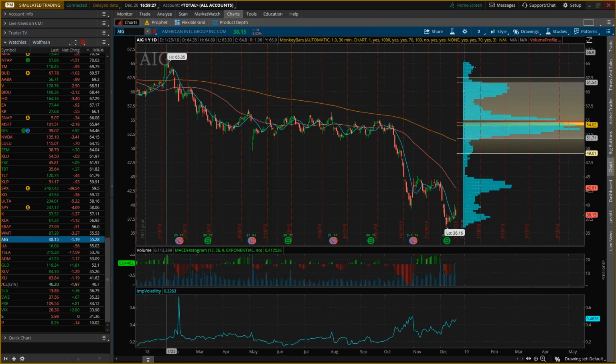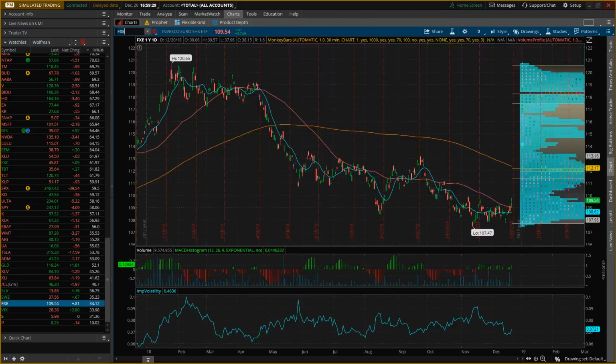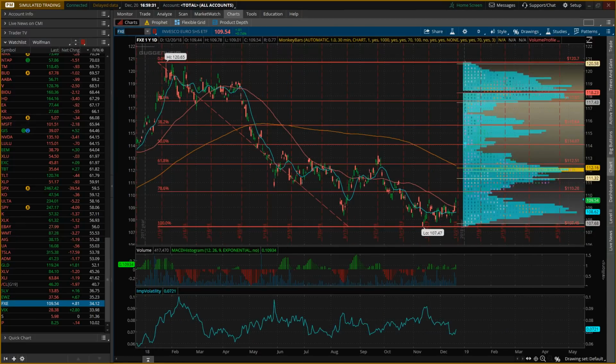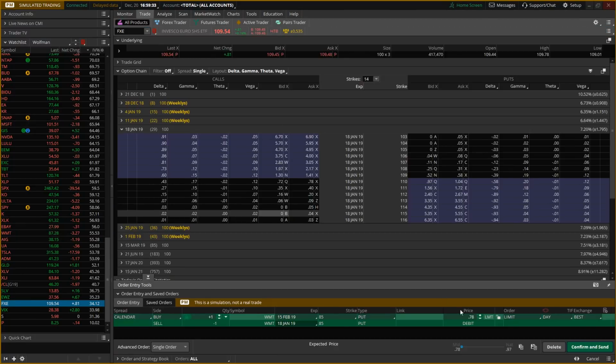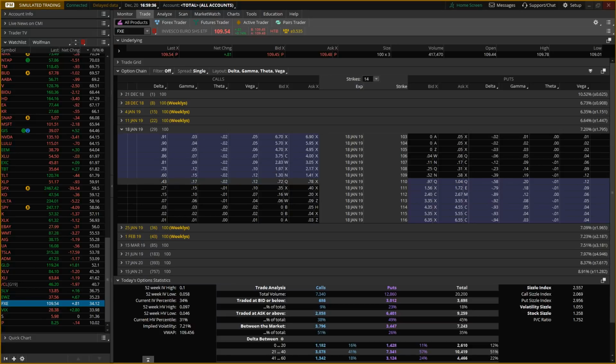All right, so FXE, I'll go with that one then. I know this one's going to have tight markets, right? For tight markets, we need to have inside of 10 cents wide, or you could go 11 cents wide. Move it 3 ticks to the left. That's about 11 cents. You can see that this fits that rule. ETFs usually do.